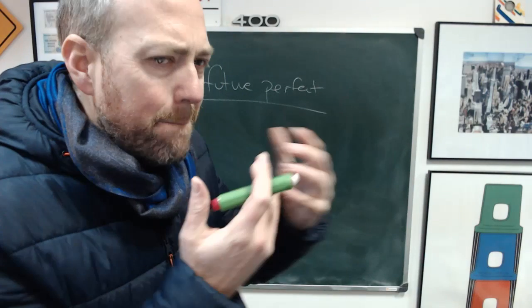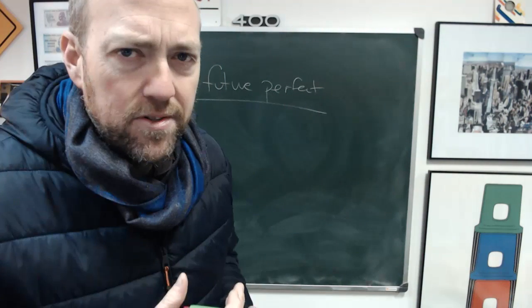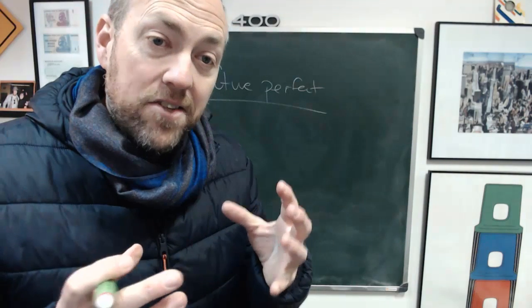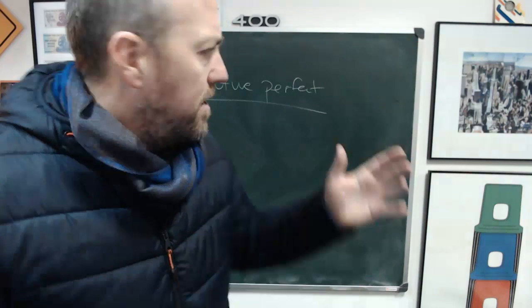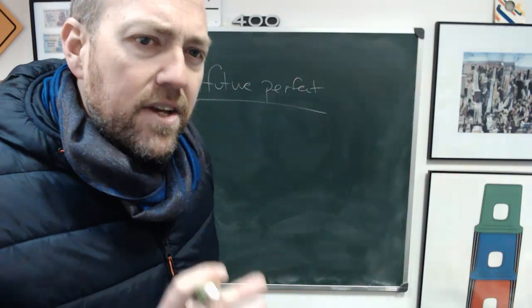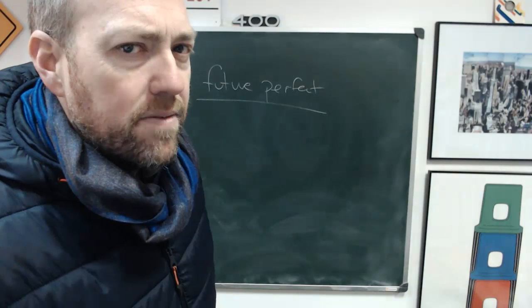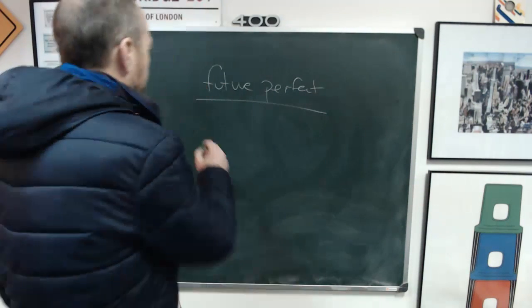Okay? We are making relationships when we use the perfect tense. The continuous tense talks about a moment, but the perfect tense talks about an action related to another action. So, for example,